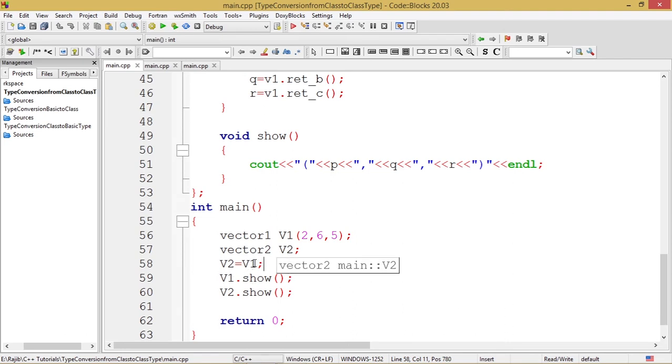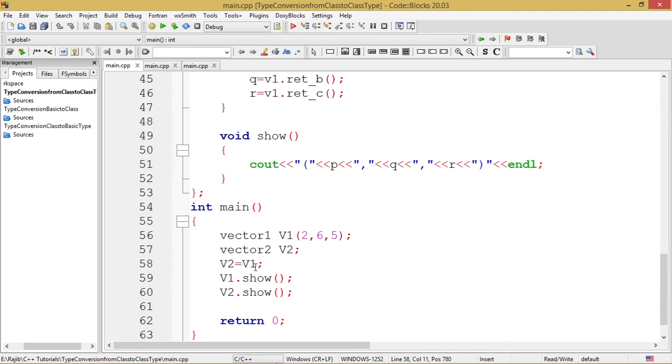Now comes the most important line in this program, which implements the very concept of this example, that is type conversion from one class type to another class type: v2 = v1. Whatever is the value on the right hand side will be assigned to the left hand side. v1 is of vector1 type and v2 is of vector2 type.